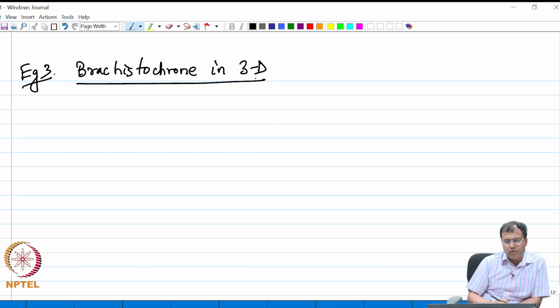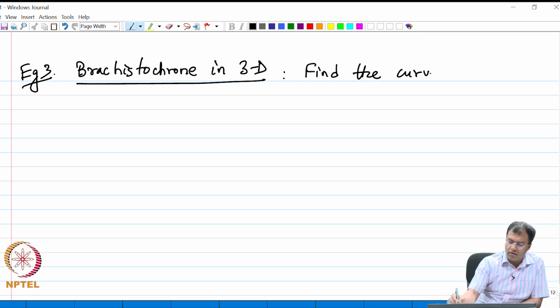The problem again is to find the optimal curve, in 3D now, so that a bead sliding without friction reaches the bottom of the curve in the minimum possible time, but this time the curve is in 3D. So, the problem is to find the curve of fastest descent